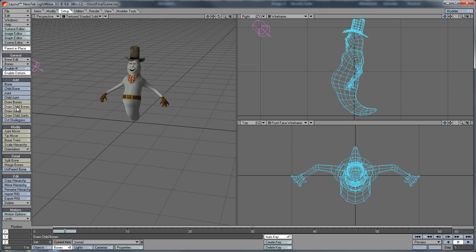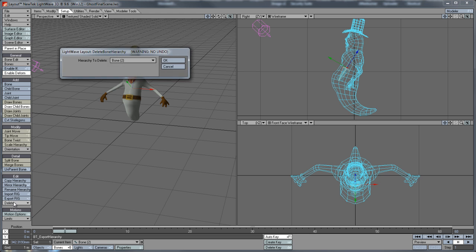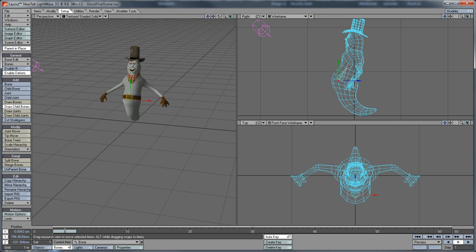So under the Setup tab, I'm going to draw child bones. And I think the way I'm going to do this, a lot of real animators will cringe at. This is going to work for me. I just really want to do a test here and see that everything's deforming right. And you'll have to excuse my mouse is double clicking today. I'm getting ready to replace it or throw it out the window. And when it double clicks, it adds extra bones that once in a while you'll see that I have to delete.